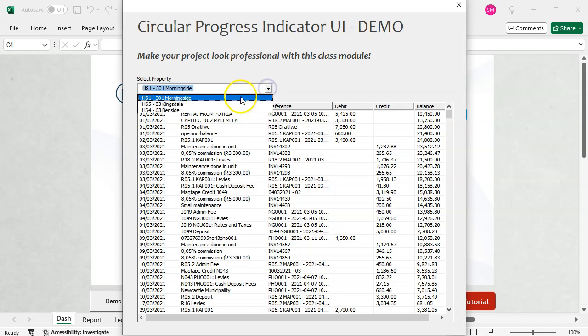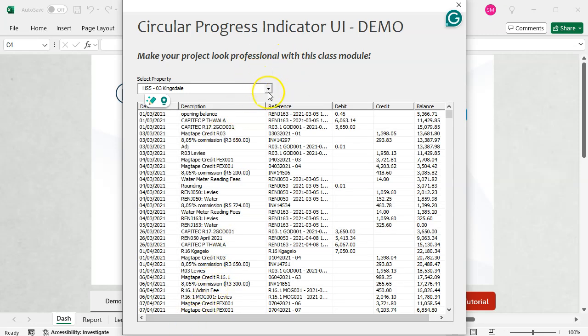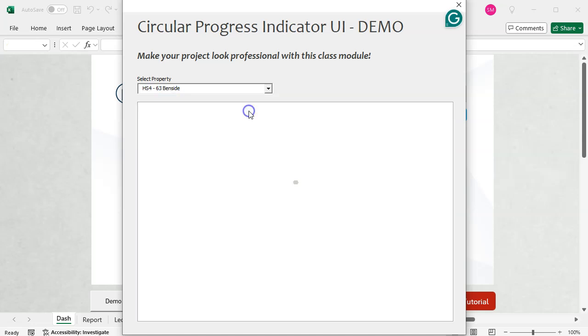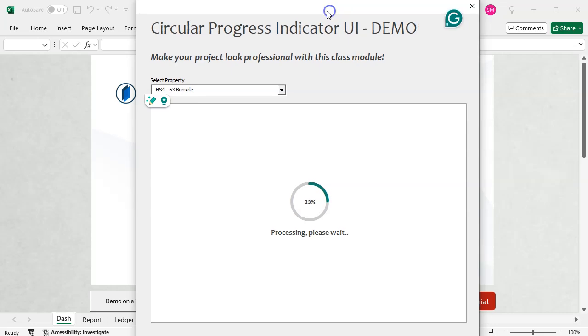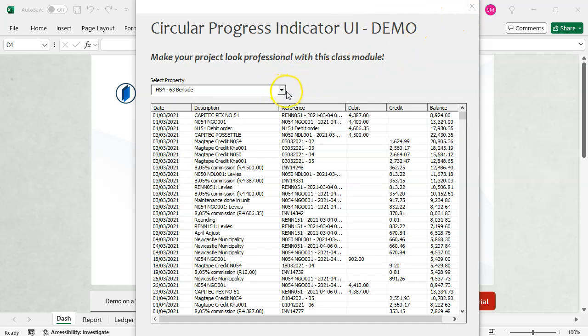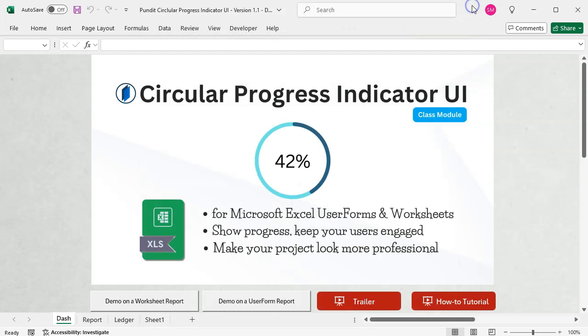Another good thing is that while this progress indicator is processing, no matter how long the process is, your program will allow important events to happen. For example, if I drag this user form while it's processing, the buffer will pause and then continue after I'm done. I can even close the application before the process is finished, and the application will not get stuck or freeze like what usually happens when the user interferes with an ongoing process.